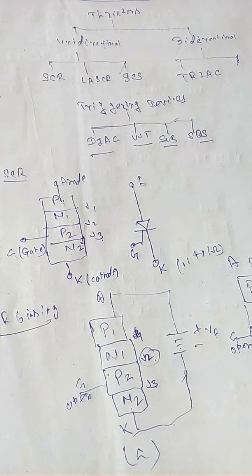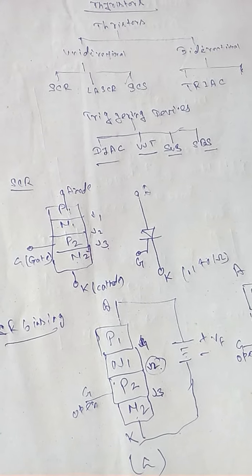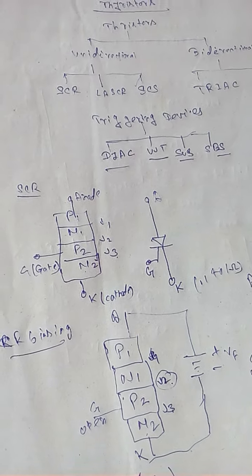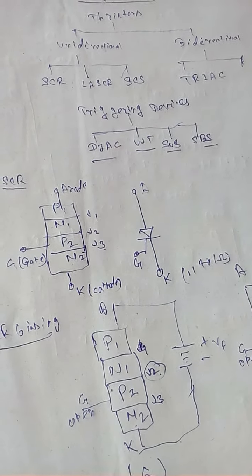We have discussed the basics of the thyristor and the main portion of the SCR. Now let us see the SCR equivalent circuit. It consists of two transistors, a three-layer PNP structure and, in the lower portion, an NPN transistor, with the two interconnected. This circuit is also called the two-transistor analogy or the ideal latch of an SCR.